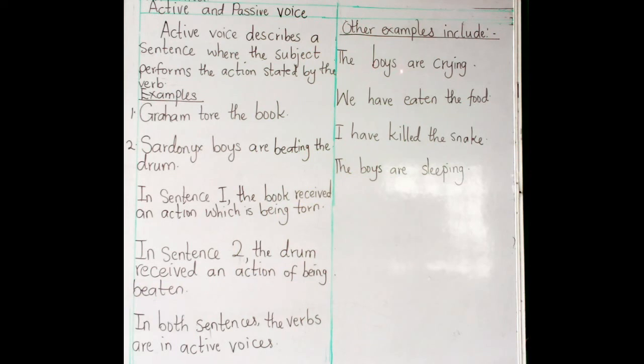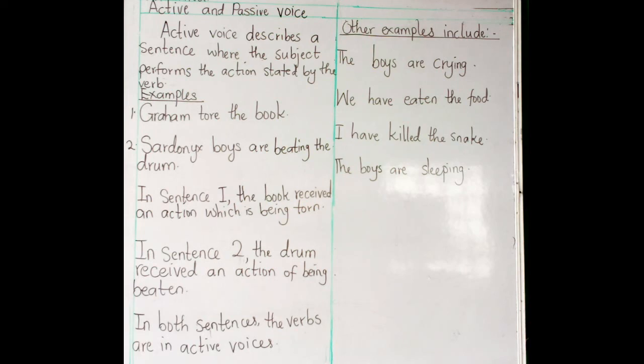Now look at it. The boys are crying. This sentence contains a subject and a verb only. There is no object in this sentence. That doesn't stop the sentence from being sensible. It makes perfect sense. So in this case, it's just a normal sentence. We are not going into different complex types of sentences, so let's just stop at this. When we talk about the boys are crying, we are talking about a statement said in its active tone. The boys carried out an action, and the action of the boys there is that they cried.